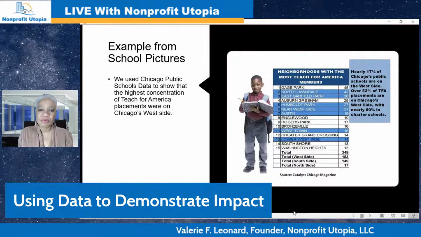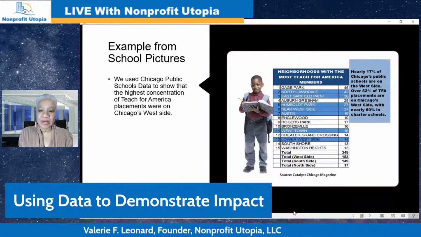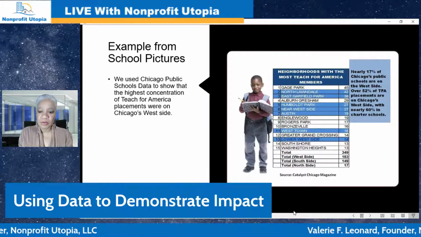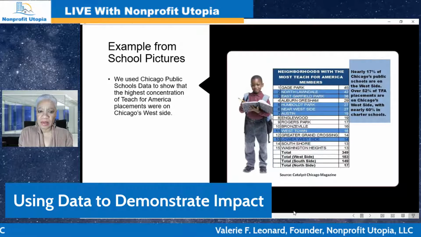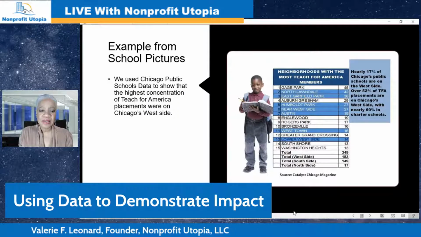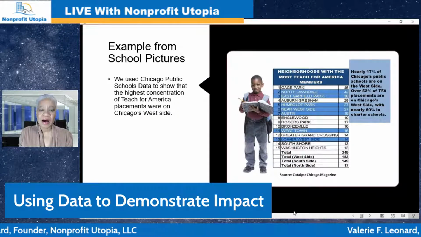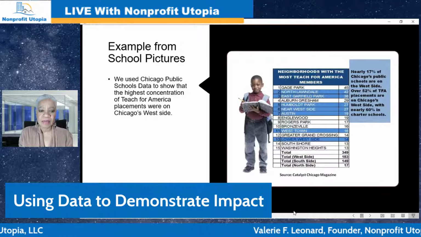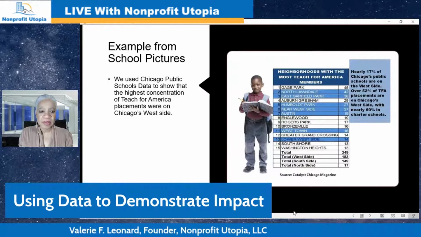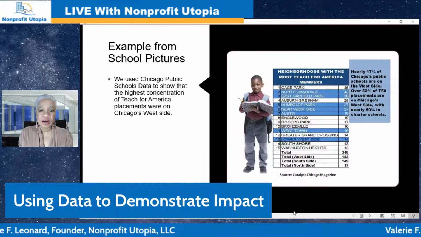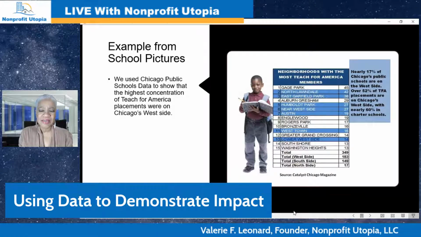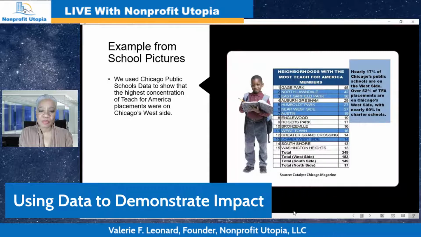But we pulled data from their Excel spreadsheet and we sorted it, and we were able to come to this conclusion. So what is telling, and why this is an issue, is Teach for America is considered a high quality offering. I would say the Obama administration actually made sure that that happened. But many of the teachers are new to education. They might be career changers and they have significantly less experience.